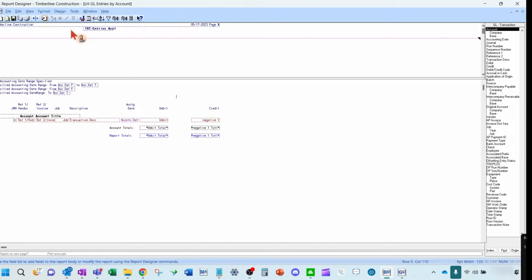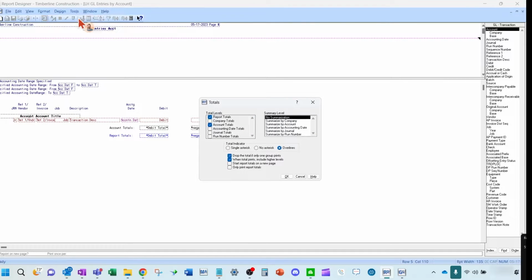So what you can do here is under Design Tools, I can change my summarization level. So instead of saying no summarization, I can say I only want to see it once, totaled per account, general ledger account. I only want one line per each general ledger account with the total for the period that I select. So I can say summarize by account.